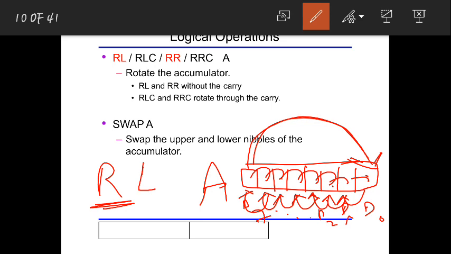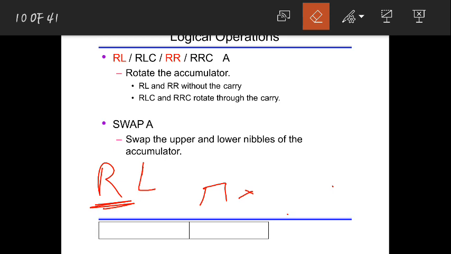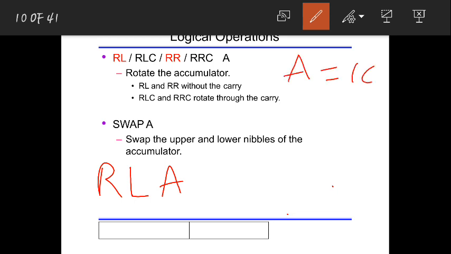For example, we'll take a small example on this: rotate left accumulator. Let me take accumulator A equal to 1CH.